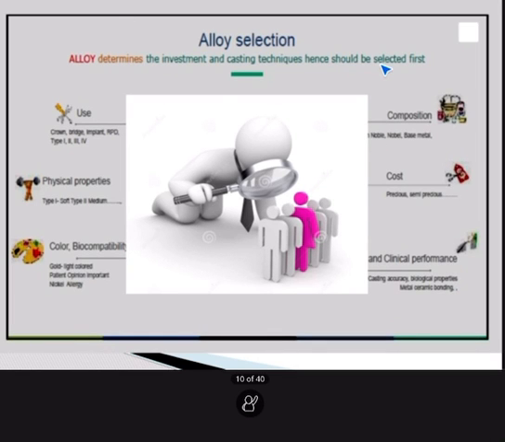Then, when you are doing the alloy selection, the alloy determines the investment and casting technique. Hence, it should be selected first, because you have many kinds of alloys. If you are using a gold alloy, you have a different type of investment material. If you are using base metal alloys, you have a different type of investment material. So it has to be dependent upon your material. So first, when you are selecting your case or your patient,